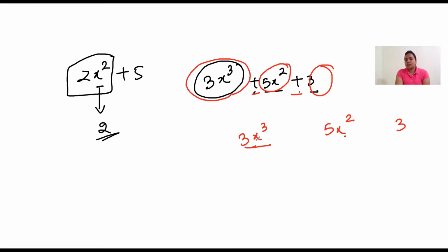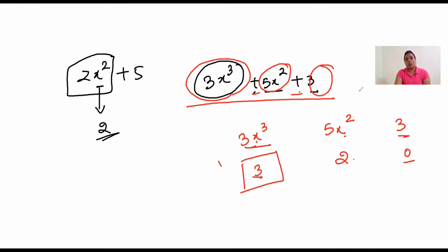So this is x, and what is the power of x? It's 3. What is the power of x in this? It's 2. In this there is no x, so there is no power of x, or I can write it as 0. So now can you tell me what is the highest power out of these? So the highest power is 3. So I can say the degree of this polynomial is 3. And if the degree of any polynomial is 3, it is a cubic polynomial.